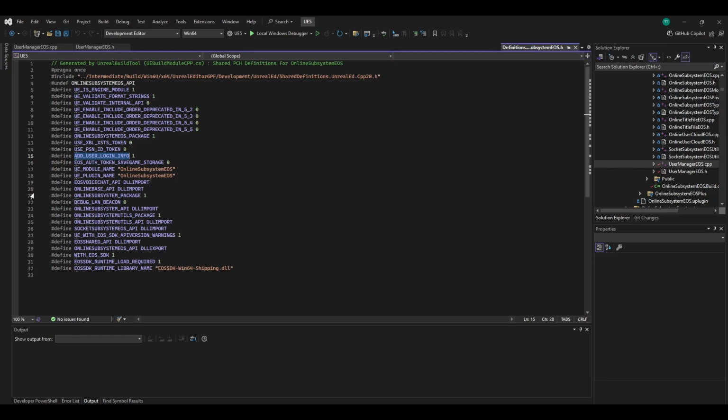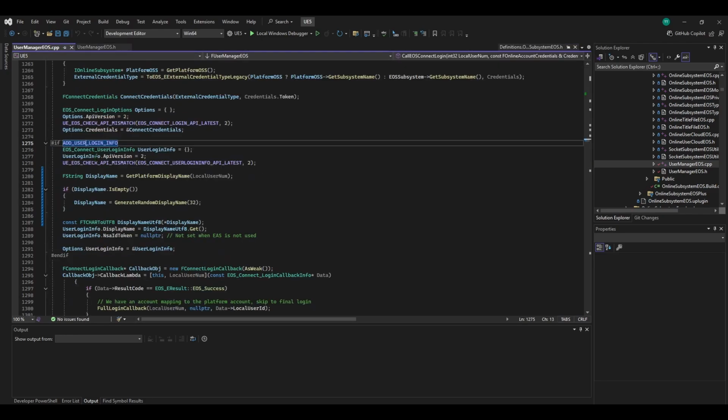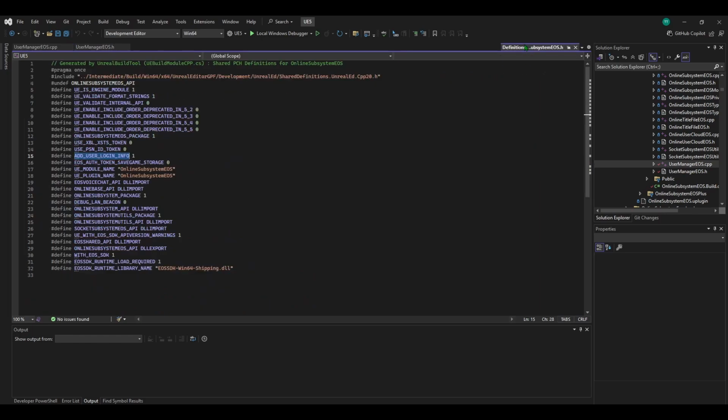So one option you can do, right? This by default is set to 0. One option is you can just define it as 1, right? And that is a good temporary thing, but if you build the engine again, I think it gets set back to 0. So on top of doing this, what you also want to do is